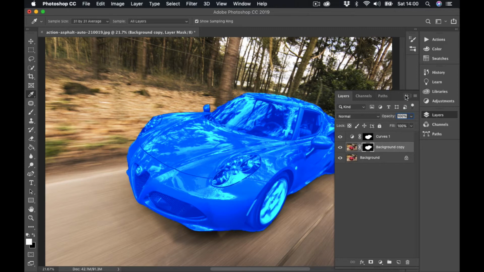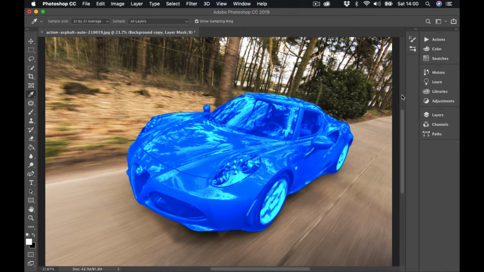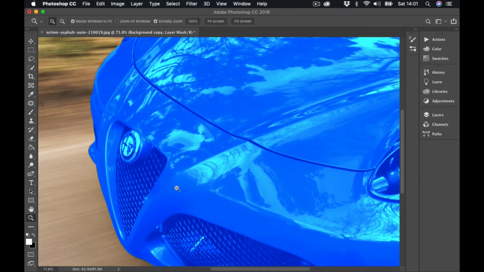Okay, now we haven't masked out all of the areas, so that would be the next part, is to mask out these little areas, and we can do that in various ways. What I could do is actually use the curvature pen tool,